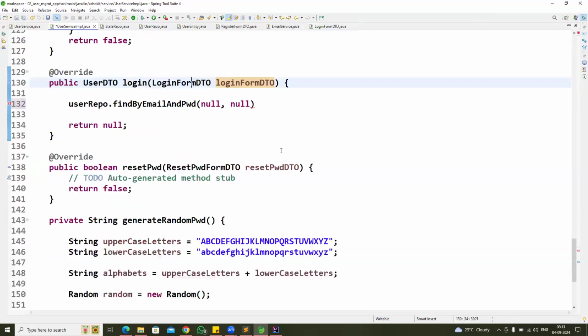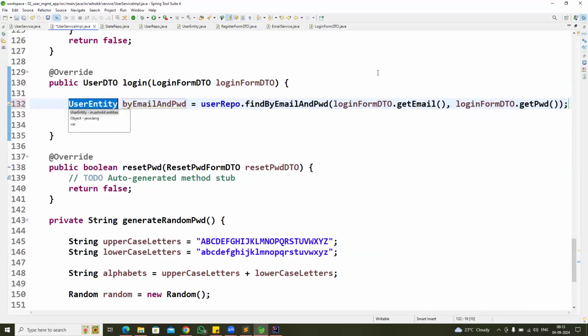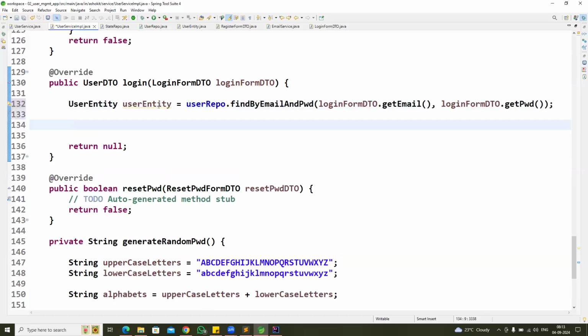Okay, so with that data, I will validate whether the record is available or not. Login form DTO dot get email, login form DTO dot get password. So with this, the record may be available, or the record may not be available. So here, if user entity